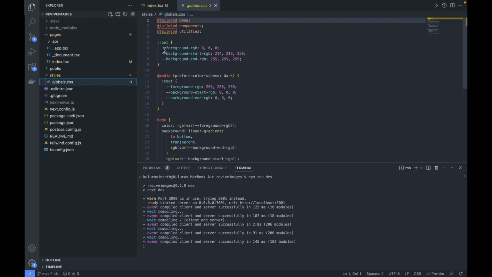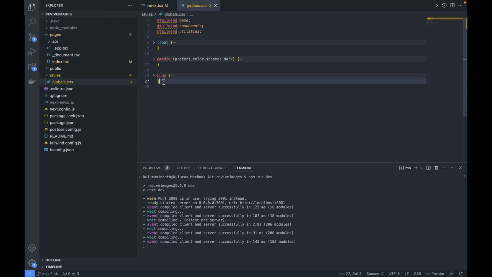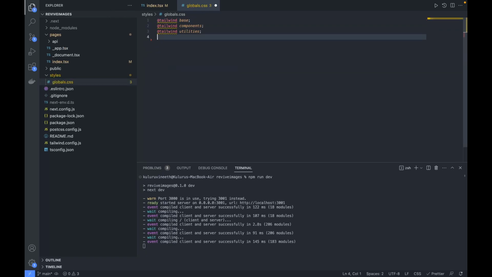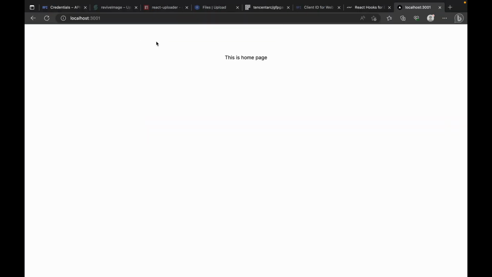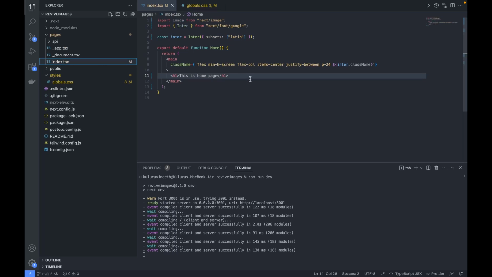So whatever they had by default, we'll take it off. So all these styles will be removed, and if you go back, yep, so the stylings are all removed, and the index page. Okay, so this is where we'll start configuring the index page first,